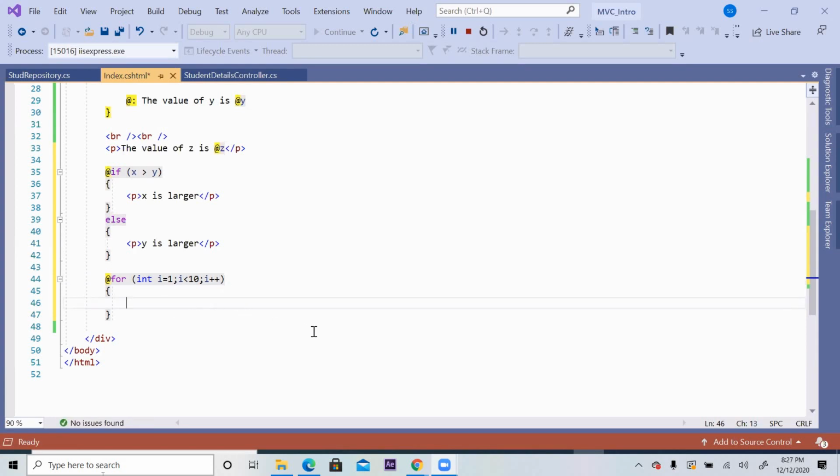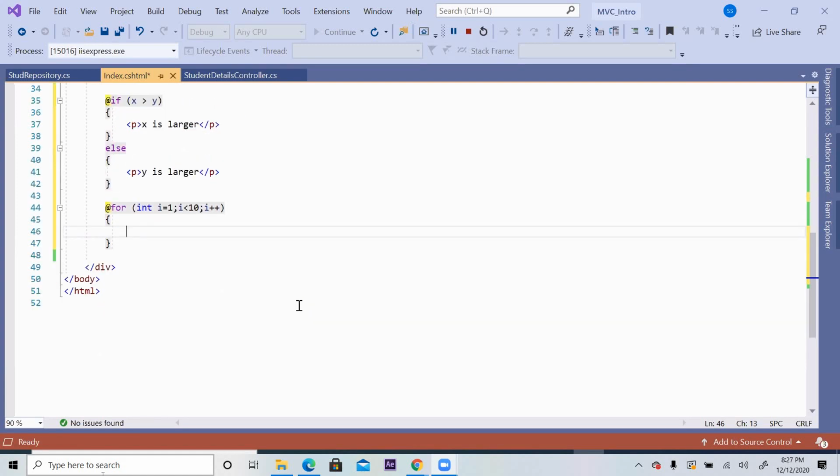Today we are learning just the way of using C# inside our HTML page. That's why this is CSHTML, and the syntax is called Razor syntax. So here, let me write something like this, @i.